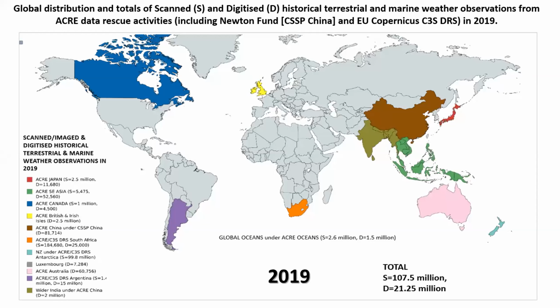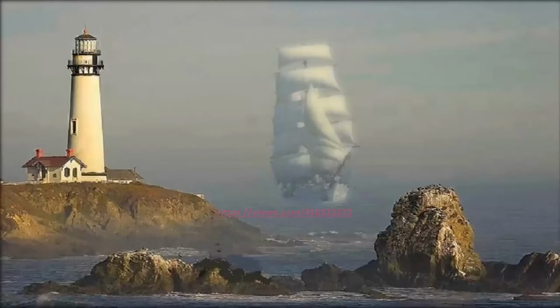It comes in various forms, might be Excel sheets, might be anything, but we need to get it into a common format. It might sound okay, but it's a big task, especially when you're fighting to get money just to scan and digitize the data, let alone to progress it through the system. So a lot of information is coming through. Finally, we need to pull all this information together.